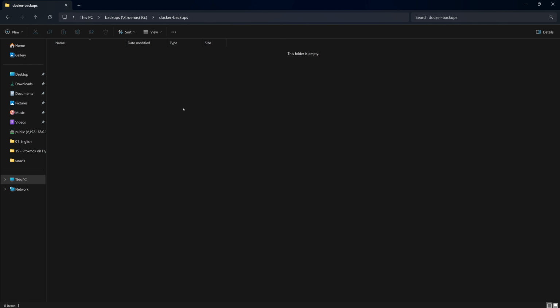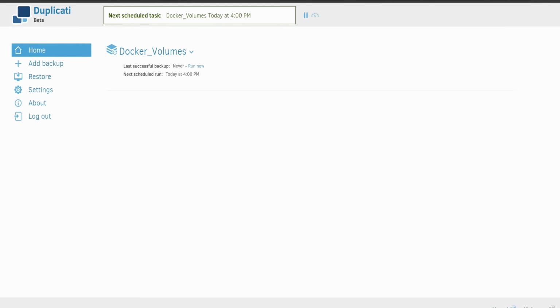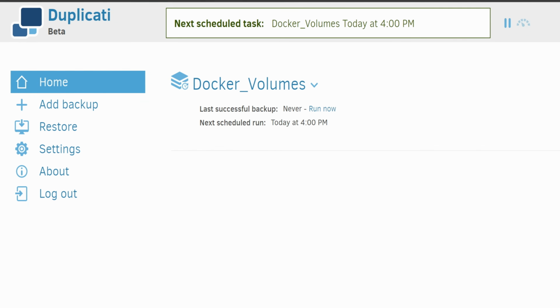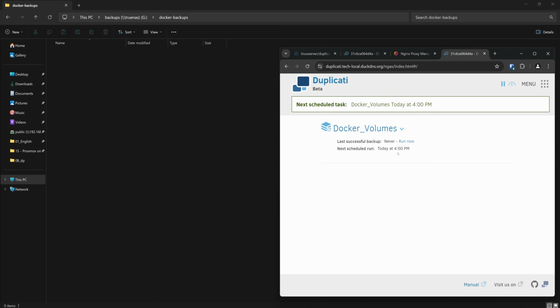Now, if we check the network drive, we will notice that it's empty. That's because the backup job was never scheduled, so it never ran before. Also, the next scheduled backup time has not arrived yet. So, we are going to run the job manually by clicking on Run Now. Once the job is completed, it has taken the current backup, and the files are being stored in this network